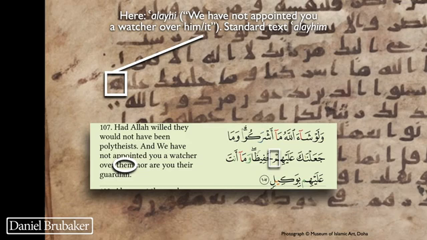Okay, we're just going to move a few words later in the verse here, and in the Hafs text, this verse reads, "Ja'alnaka alayhim." We have brought, or we have appointed over them, you as a watcher over them. The word watcher is the next word, hafiz. In this manuscript, however, the final letter, the mim, is absent. So it reads Alehi, which has the effect of making the verse read, we have appointed you a watcher over